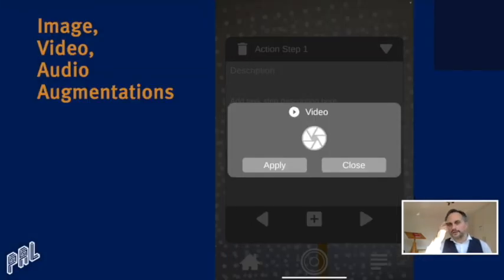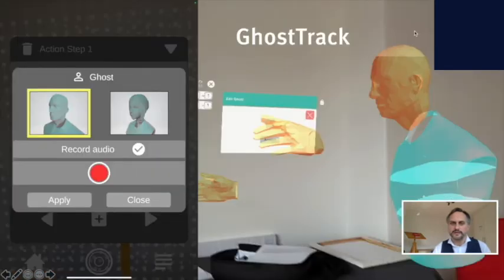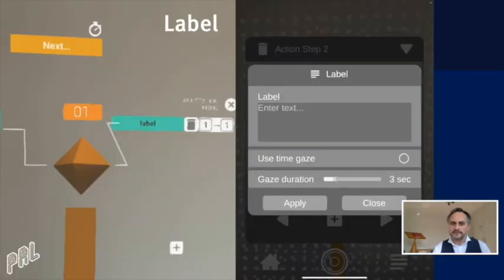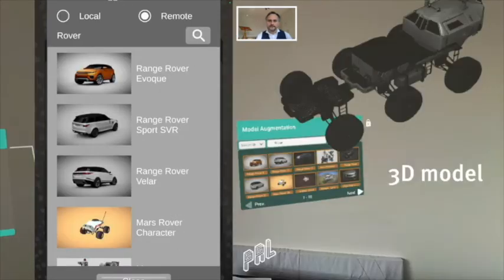Here is what they look like. A video, image, audio pretty much follows the regular recorder concept that we're familiar with from any mobile phone application that uses these. Here is an overview of the glyph augmentations with one highlighter glyph, as we call it, floating in 3D space. Here is a preview of what a ghost track looks like. This is a label where we can activate also this gaze trigger. The visual effects, a 3D model,